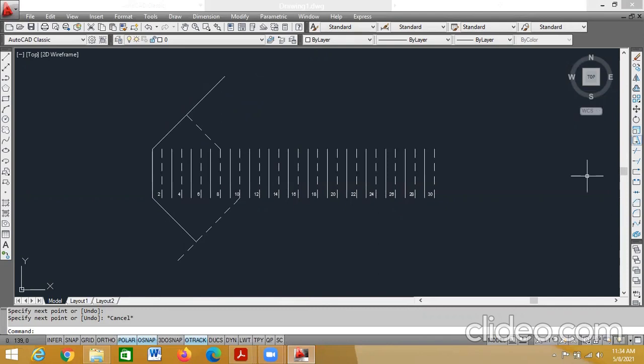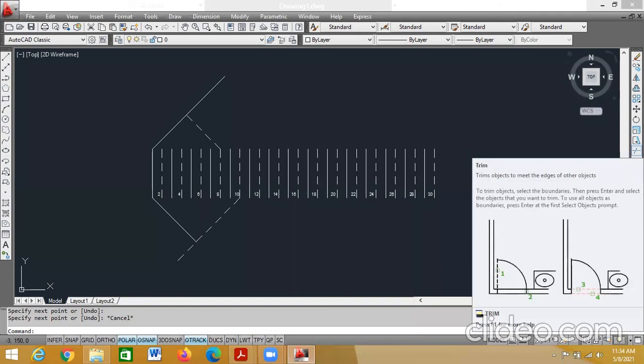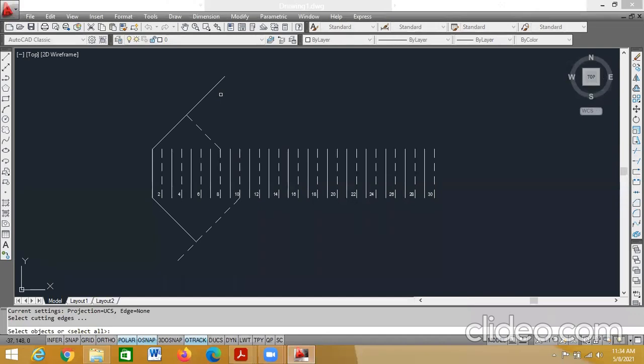Observe very carefully. I'll go for the trim option in the modify toolbar. This is called as modify toolbar. This is called as drawing toolbar. This is called as properties, grid properties. Okay. So in the modify toolbar, take the cursor. See, trim option. Select this trim option. Click on the trim option and it will show a box. On your mouse, use the right click next to the line which you want to trim. This line I want to trim.